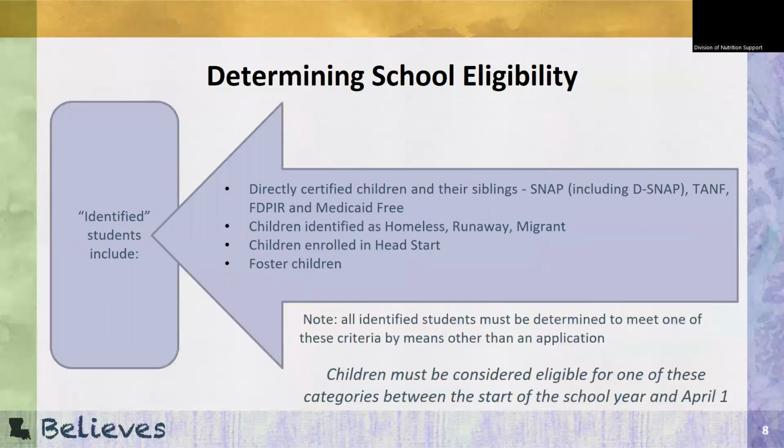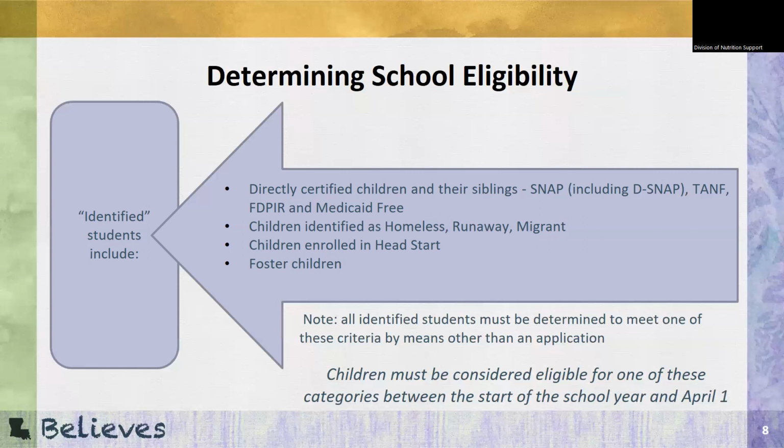During the process of determining school eligibility, the term identified students refers to children who are directly certified for free school meals based on their participation or a household member's participation in other means-tested assistance programs, such as the SNAP program, the TANF program, the Food Distribution Program on Indian Reservations, or Medicaid free. Identified students are also children who are categorically eligible for free school meals without an application and who are not subject to verification,